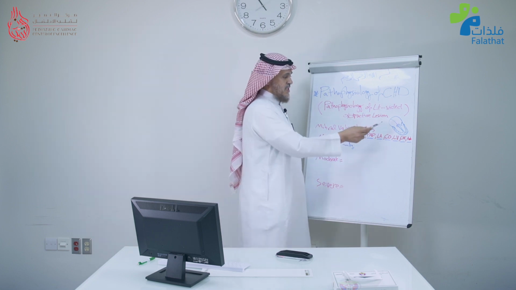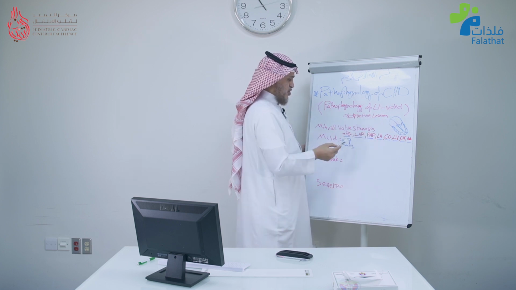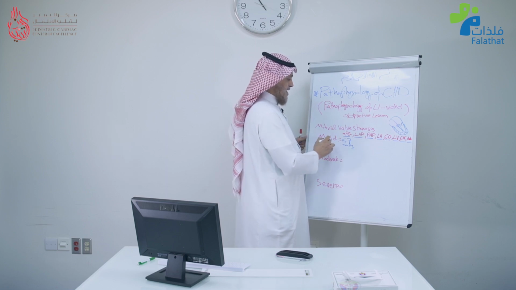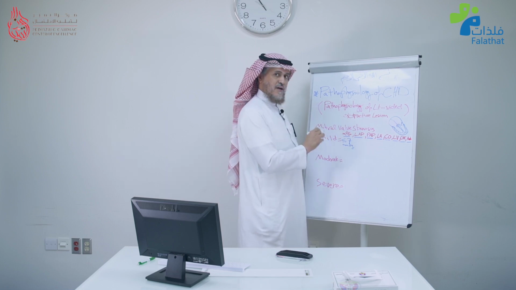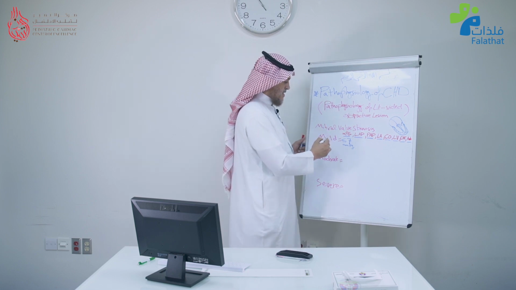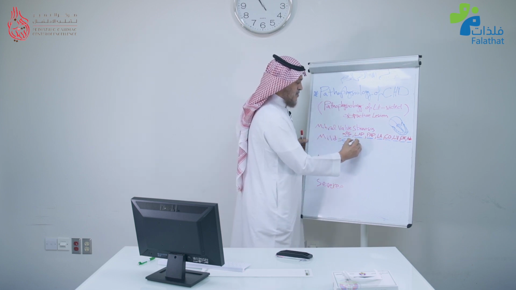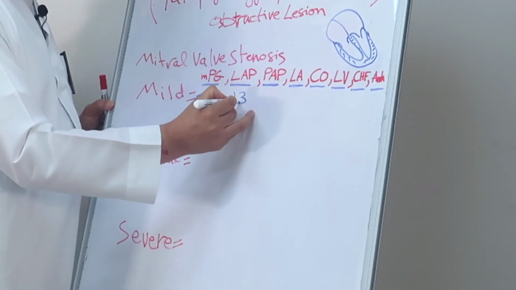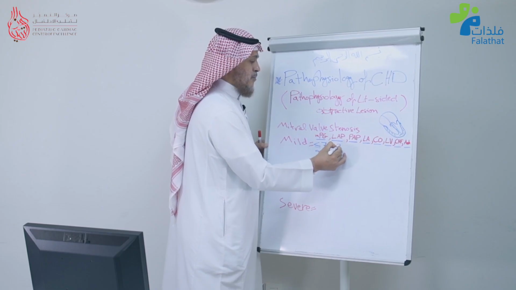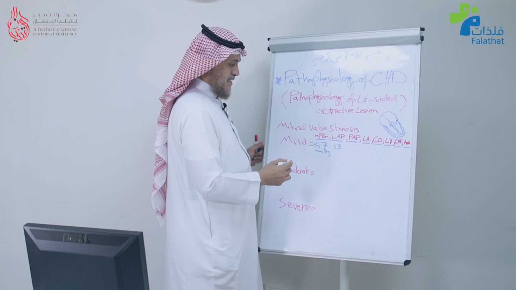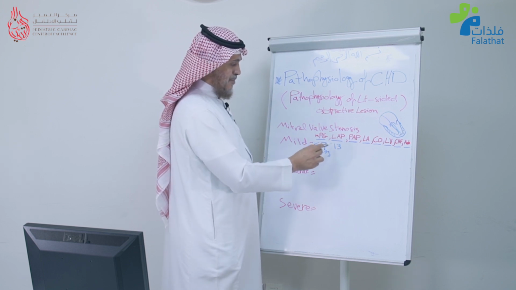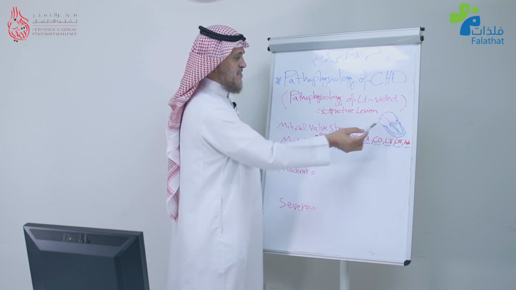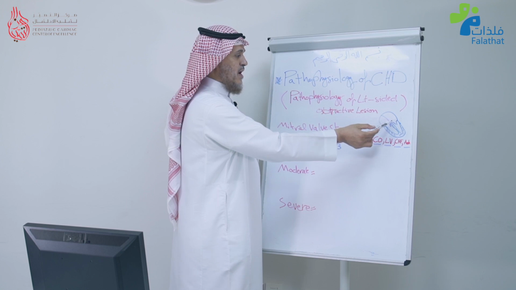We have said before that our mean left atrial pressure, normal, is around 6 millimeter mercury. So we would expect in a mild mitral valve stenosis that the mean LA pressure will be around 13. Okay? So if we have a mean pressure of 13, which means we have about a 6 gradient. If we take the top being mean of 7 here, and this is 13, then we have about a 6